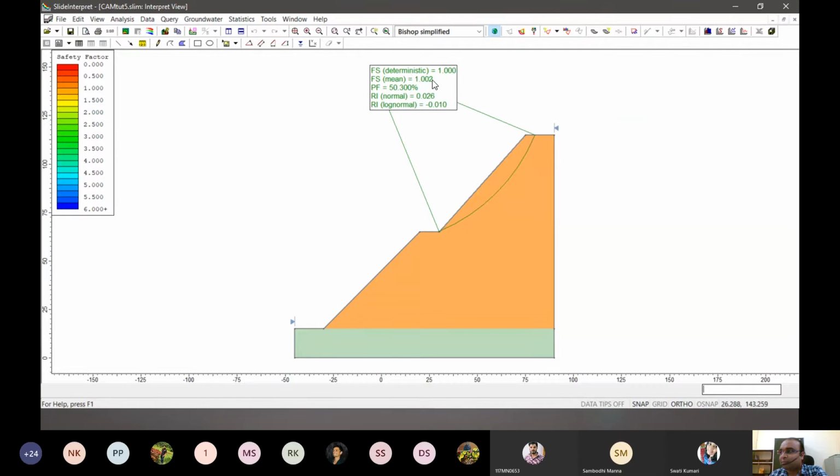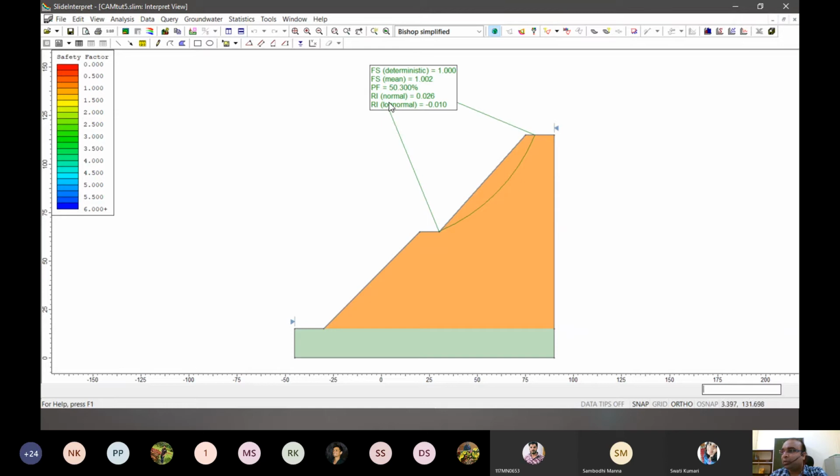Now the thing is, how different it is, intuition-wise, to see a value of factor of safety, a value of probability of failure, and a value of reliability index in a comparative way. When we say a factor of safety of 1, we generally say that is the criterion of stability, but it should be more than 1, right? So intuitively, it feels that it is close to stability, but not stable enough.